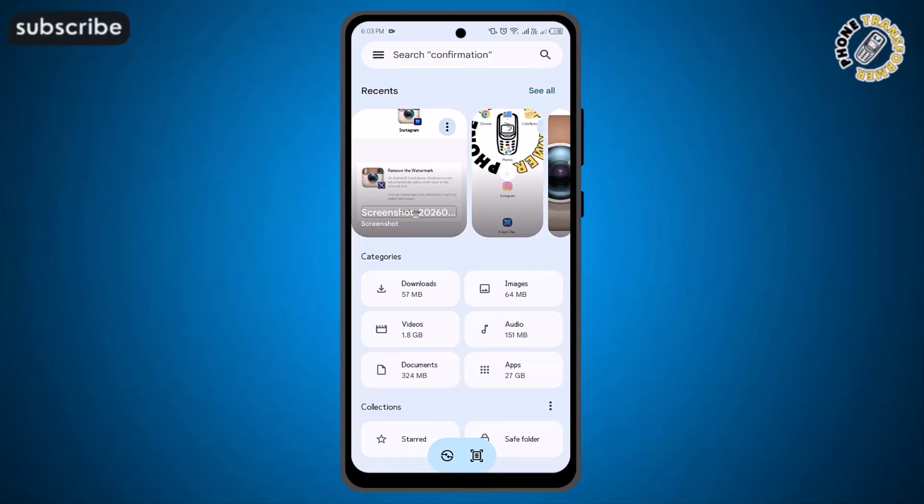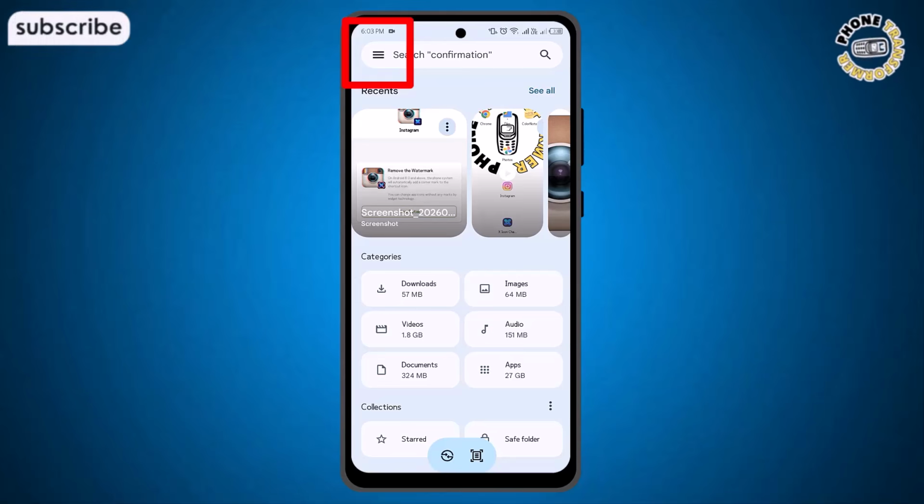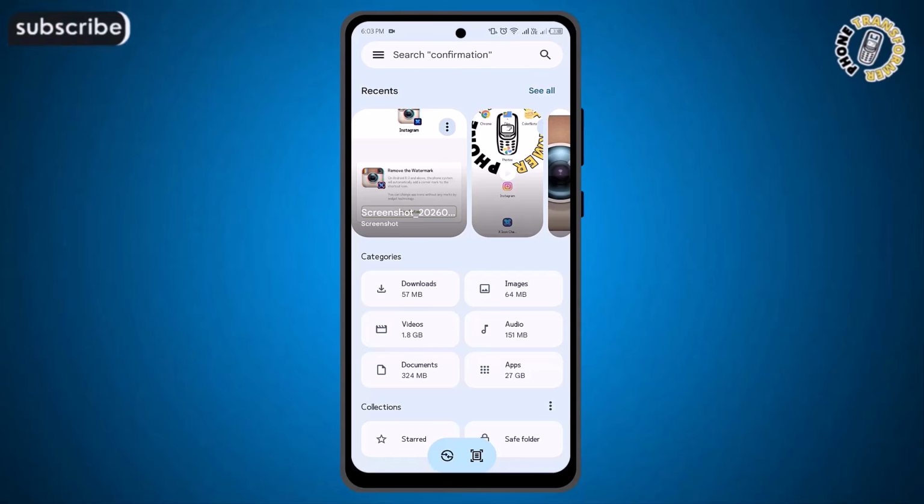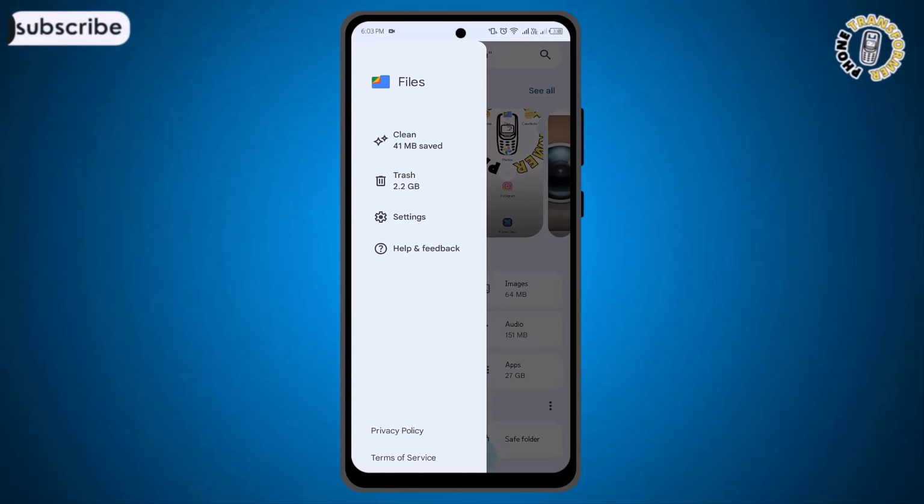In step 2, look at the top left corner of the screen and click on the 3 horizontal lines to reveal the main navigation menu. This sidebar is important because it allows you to switch between browsing your files and using the powerful maintenance tools